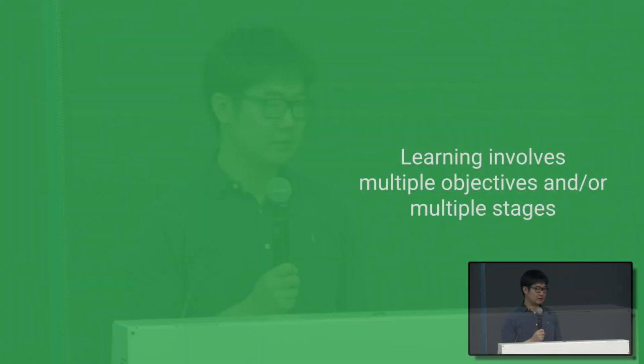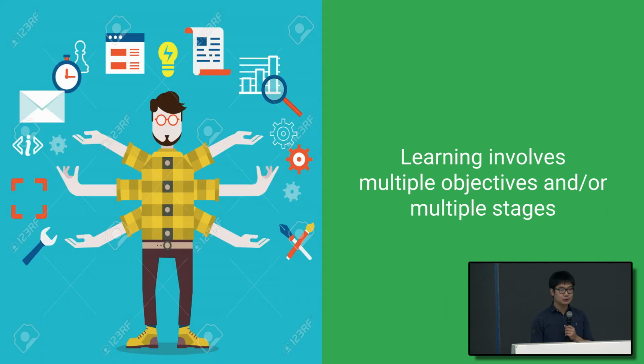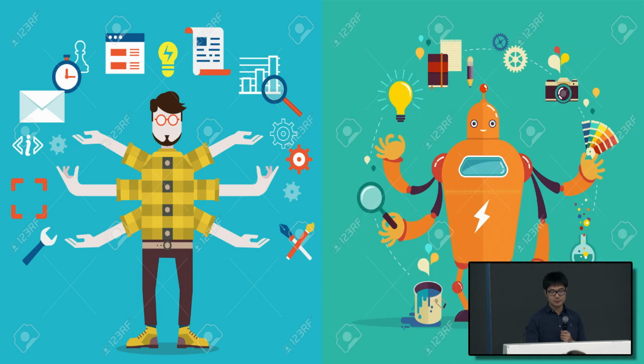So basically, different from many other traditional machine learning problems, machine learning in real production systems as well as in real life usually involves multiple objectives, and you need to learn that maybe in different stages. That's true for us human beings because we need to do this multitask since the day we're born. At daytime, we need to write programs. At nighttime, we need to walk our dogs or talk with friends. And similarly, a powerful machine learning algorithm should have this ability as well. It can do multitask learning as well as transfer learning.